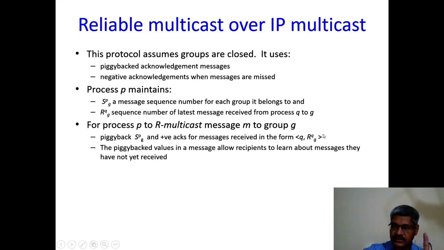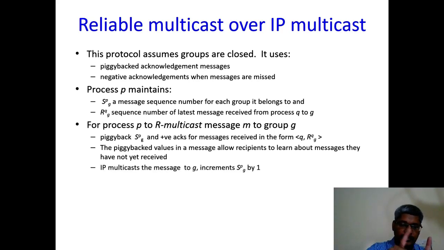And if somebody has not received two messages from P2, then there is an issue. That means they may have missed that particular message. Also, since you are getting this SPG value, you already know that process P1 is sending the third message. So these can be used by the other processes within that group. Of course, once you multicast that message, you increase the SPG value by 1, because you have sent one more message,